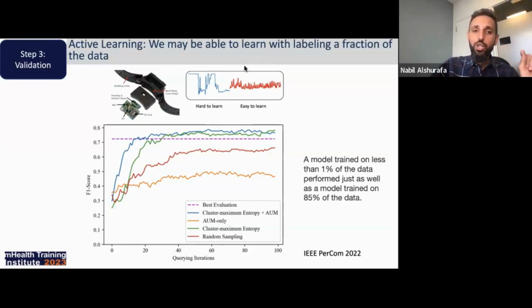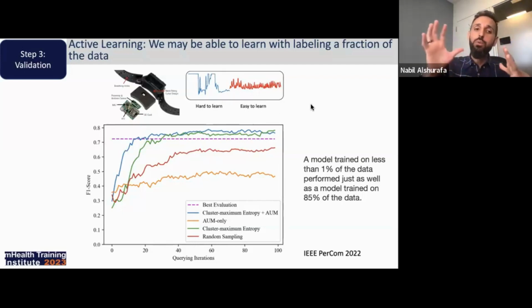Here you see an easy-to-learn example in the red proximity signal. These are chews, distances from the proximity sensor on the neck to the chin. We can see a clear, nice chewing signal. This on the left is also a chewing signal, but it's a hard-to-learn one. Perhaps the person was wearing the device incorrectly, or perhaps we were just getting a poor signal.